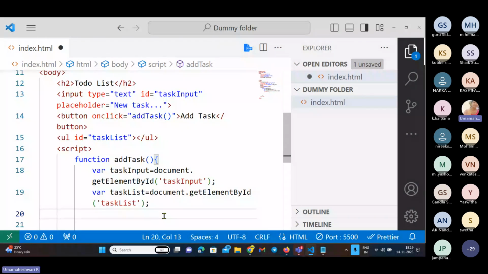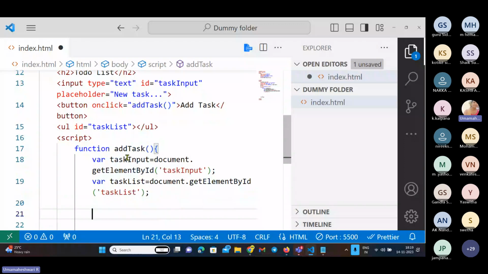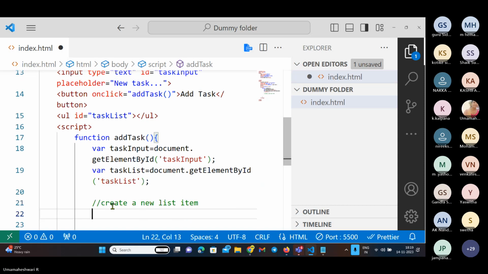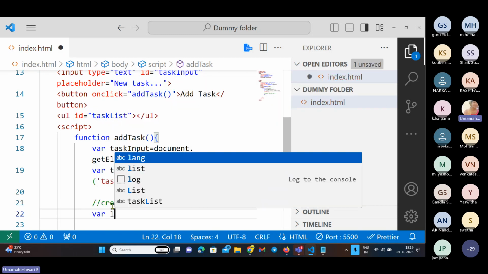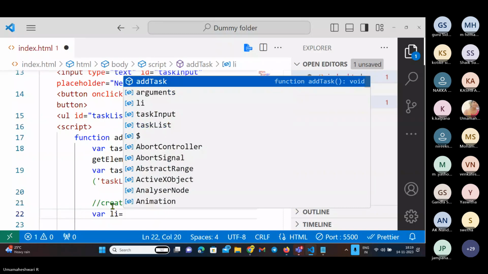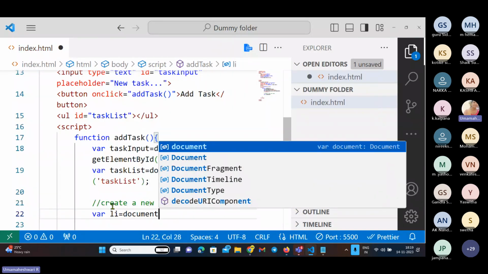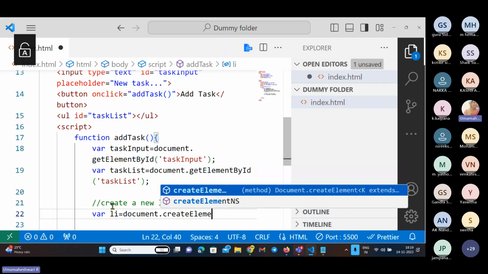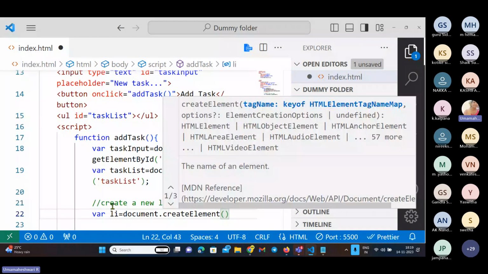Okay. So here we have done. We have just got the value of task input and task list. So the next step will be to create a new list item. Whatever value we are fetching should be here. So for that, I'm creating a variable, let's say li, and document.createElement. So createElement is nothing but